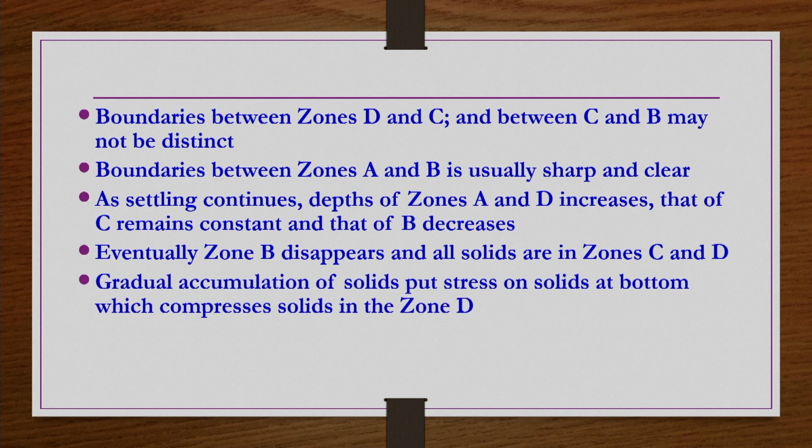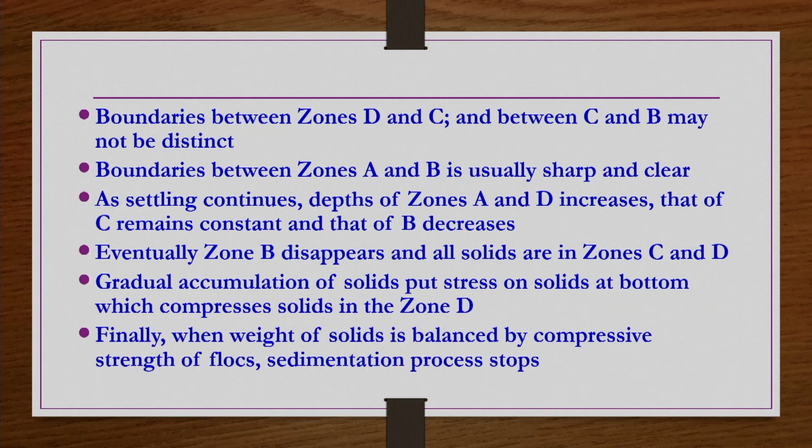Gradual accumulation of solids puts stress on the solids at the bottom, which compresses solids in zone D. Finally, when the weight of solids is balanced by the compressive strength of the floc, the sedimentation process stops and there will be only two zones, zone A and zone D. Zone A is a clear clarified liquid which is almost free from solid particles, and zone D is concentrated sludge